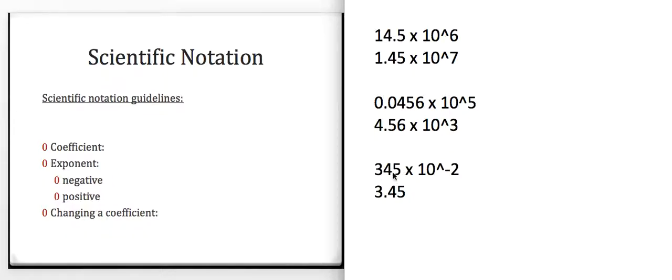I'm going to move it over 2 places, and I'm making this coefficient smaller, which means I'm going to make this exponent higher. So if this goes smaller by 2, this goes up by 2. Now, be careful. You have to think of this as like a number line. If negative 2 goes higher on the number line, this would be to the 0,